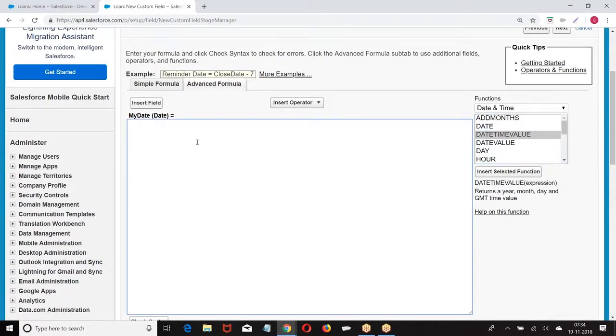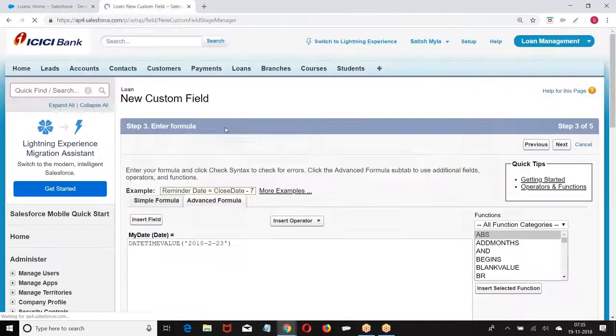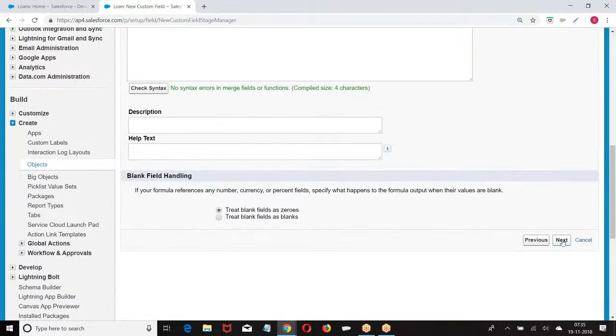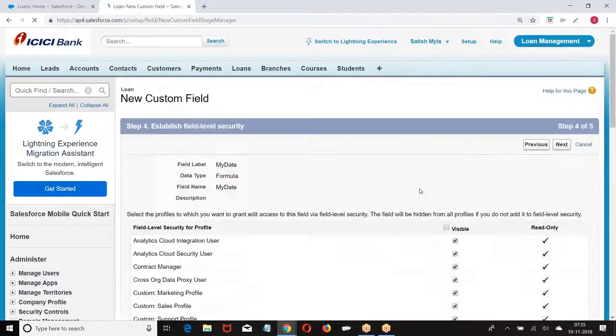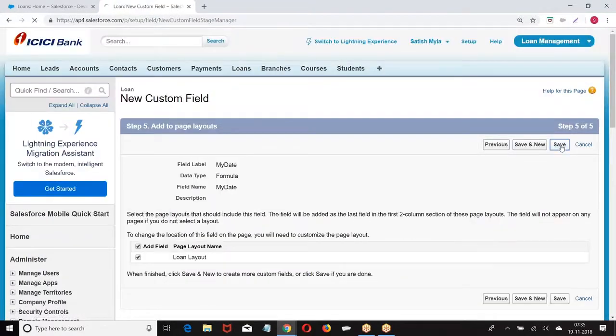Now I'm giving, check the syntax. Just see the value.